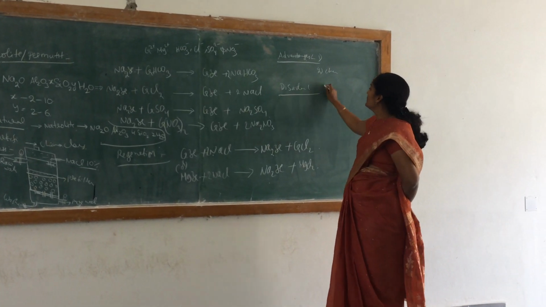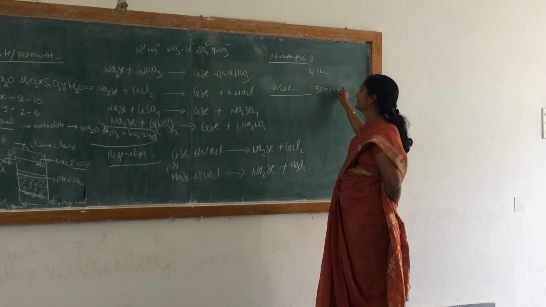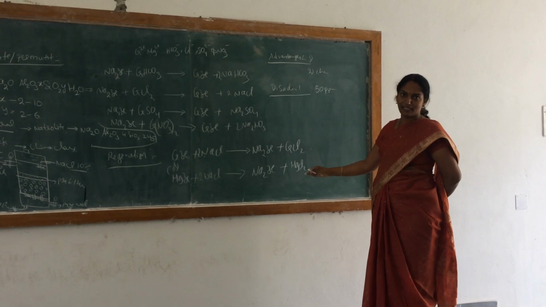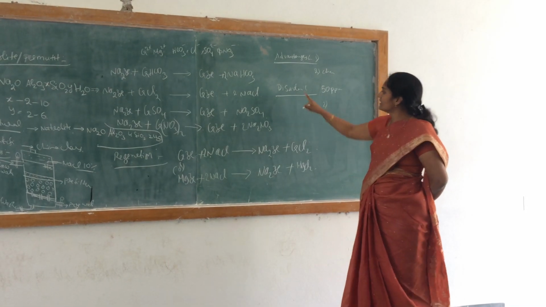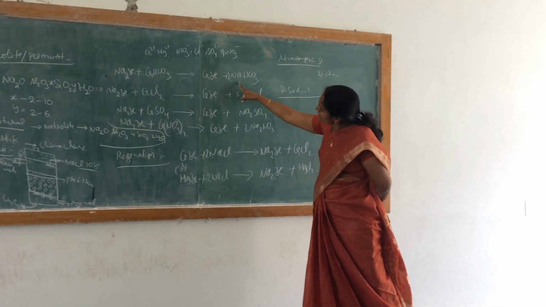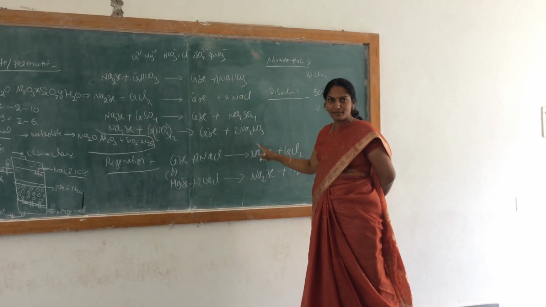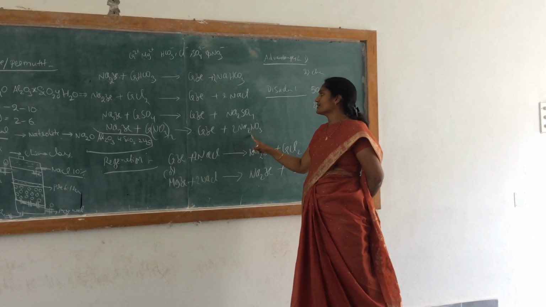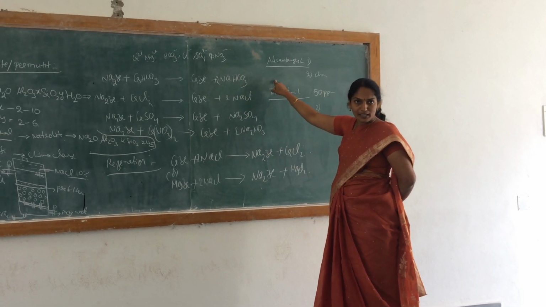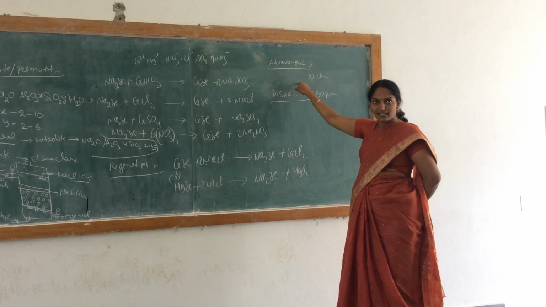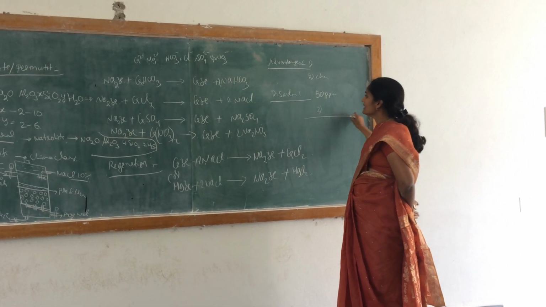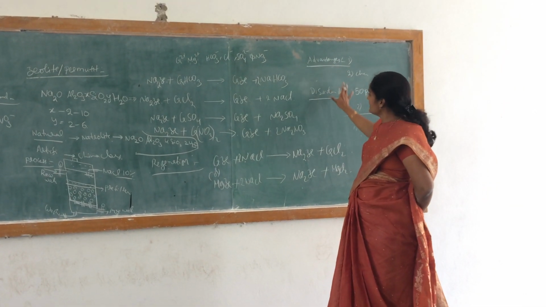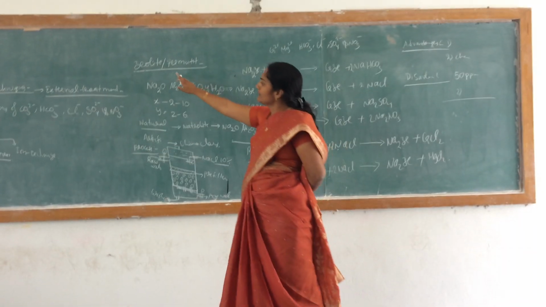The disadvantages: the removal of hardness is only up to 50 ppm, after that 50 ppm still remains. And the second main disadvantage is that the water after filtration contains all the sodium salts. When the water is boiled at higher temperature, these sodium salts can be converted into sodium carbonate, which can cause caustic embrittlement. So this is the main disadvantage. We have considered the advantages and disadvantages of the zeolite process.